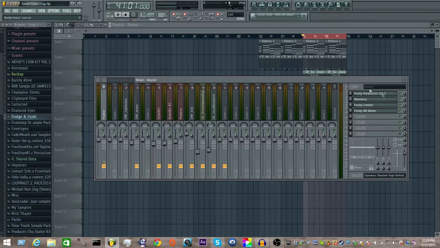Okay, so basically the plugins you'll need are Maximus and Fruity Limiter, and if you want, you can have this. It just helps visualize better. It's a Fruity dB meter. I think all these are in the producer edition of